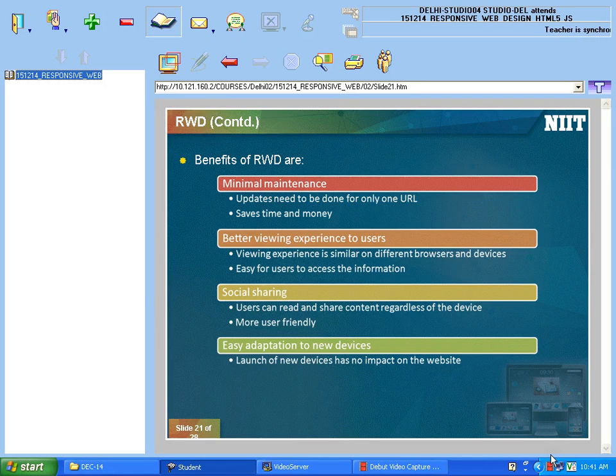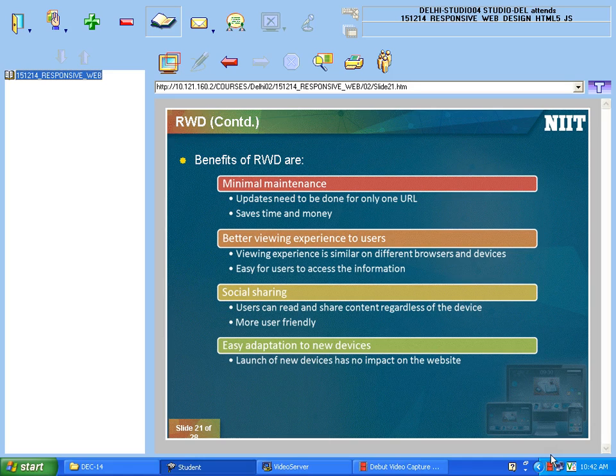Now, what are the benefits of RWD technique? Something which I was using in AWD: for example, I was creating my HTML part differently, and I was trying to make my CSS part different. Though I try to use a media query in my CSS part, the problem comes: if I try to make my web page for, for example, two layouts, one is for my desktop, and what I did is I gave the size as maybe